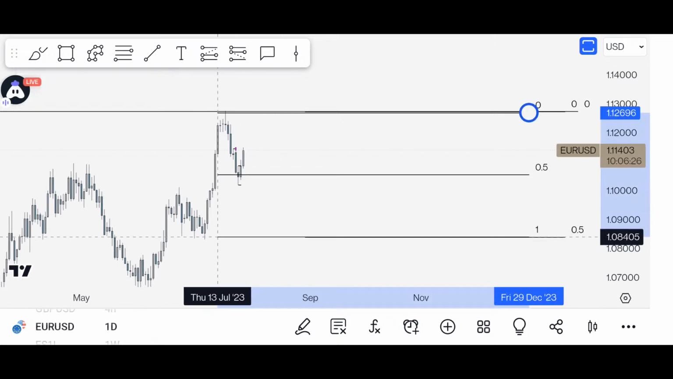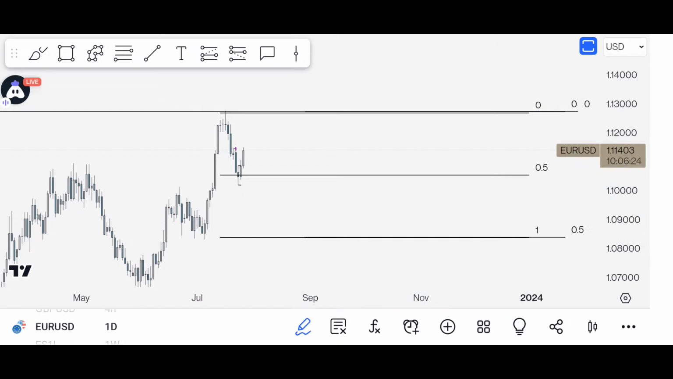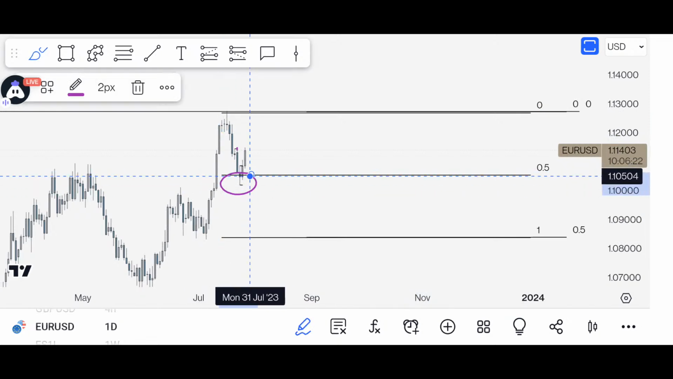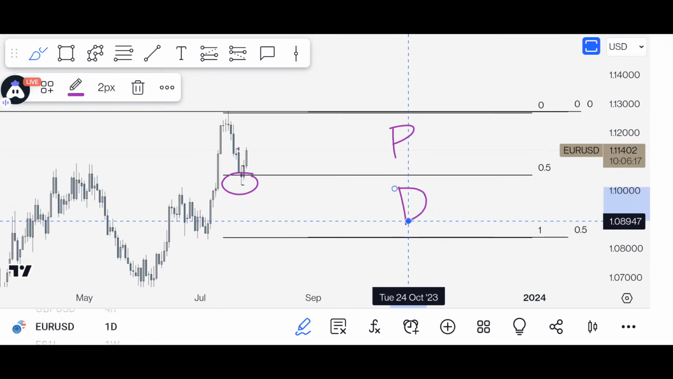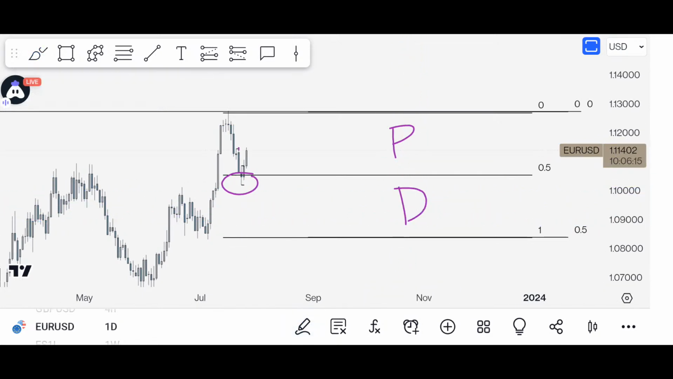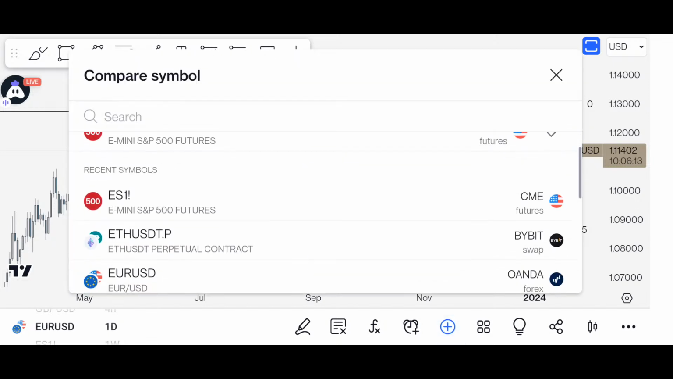You can see that the price came down into the discount. Okay, above it is the premium, below it is the discount. The price came down into the discount and then it went up. Now if you look at GBP,